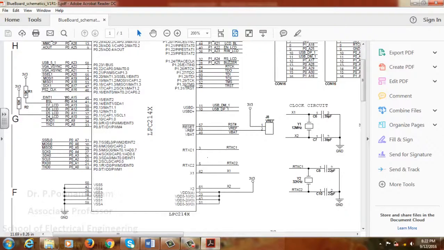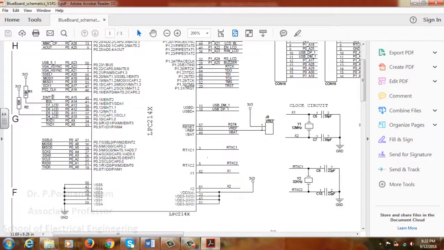So you shouldn't be confused: since it has been represented as external interrupt 1, you might think you will be initializing the pin select and external interrupt 1. But external interrupt 2 has to be initialized as far as the internal LPC2148 is concerned. External interrupt 1 is concerned only with the outer circuit layout, so this label has been given for representing the circuit layout. It doesn't have anything to do with the internal external interrupt. So we'll have to design for external interrupt 2 only.